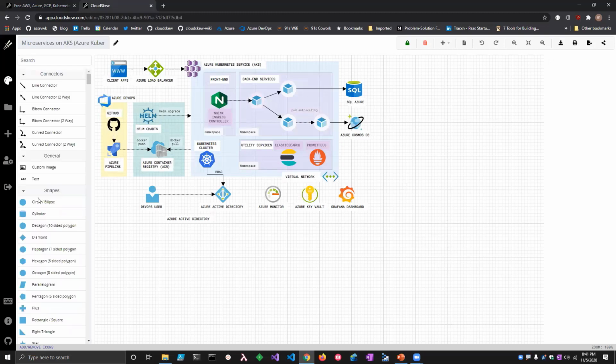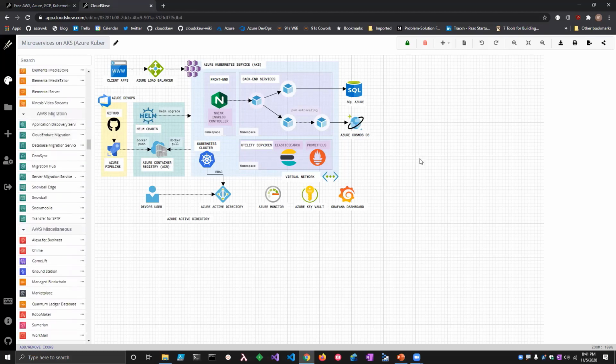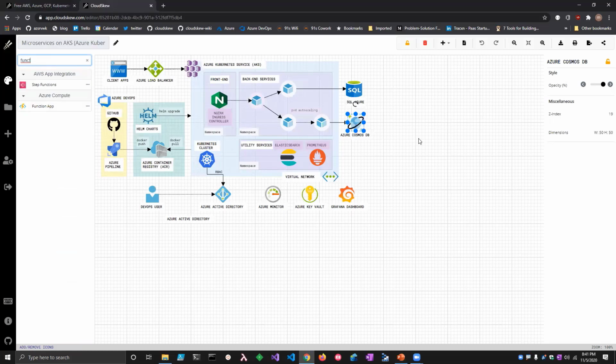All right. So now we could go, let's say, we need to fit in Azure Functions in here somewhere. Let's say we are interested in tracking the change feed of Azure Cosmos DB. So we decide to drop in a function app there. All you have to do is just put in a function app there, and just drag a connector in from there. Okay.